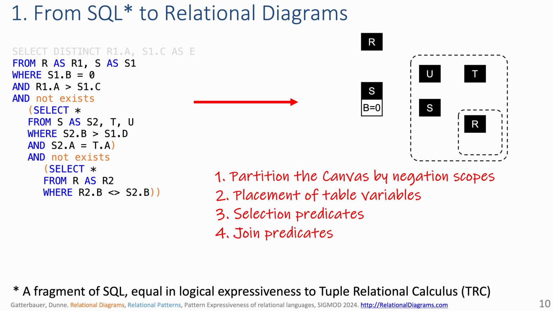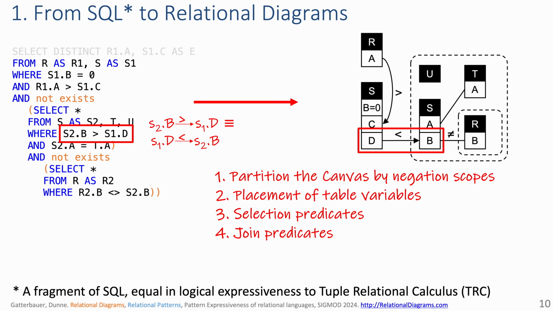Fourth step, for each join predicate, we place an edge between the attributes and add the comparison operator as label on the edge, except for equijoins. If we have an asymmetric operator, we use a directed edge. And the way we define the interpretation of a label like smaller than is that the smaller starts at the tail of the edge and the bigger is at the head of the edge. And because the most widely used reading conventions are left to right and top down, we respect these conventions by appropriately orienting edges and labels.